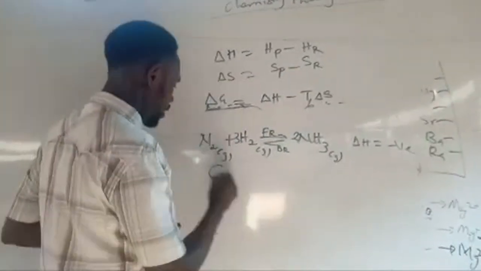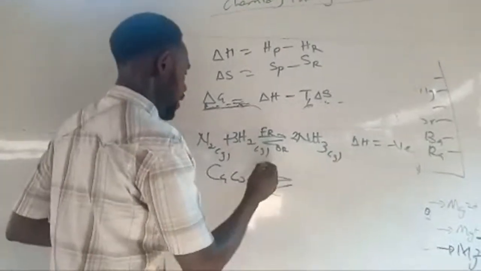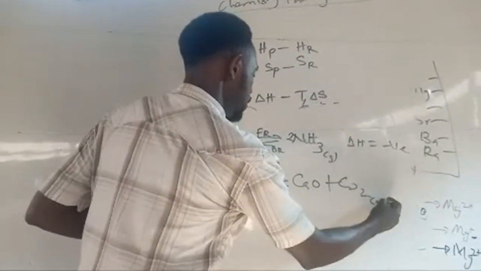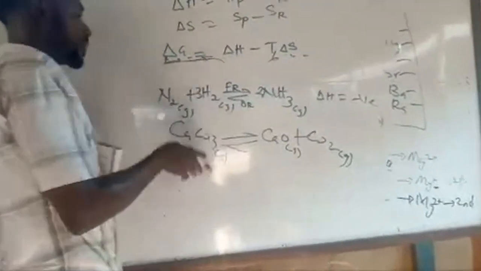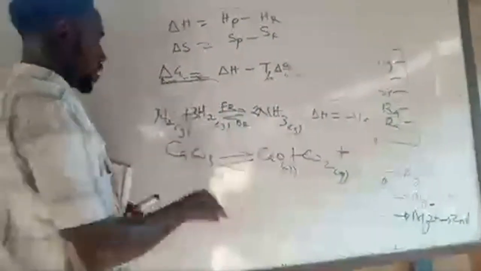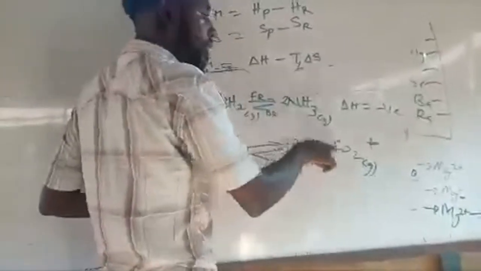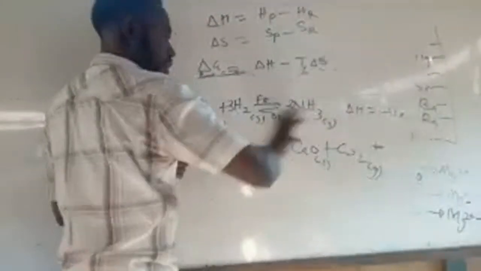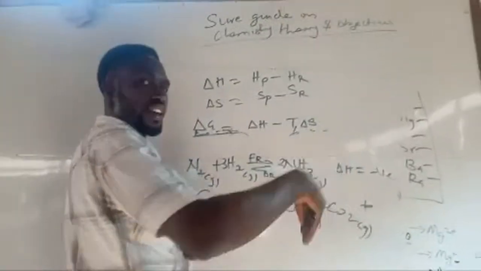Okay, let me check if you understood this. Thermal decomposition of calcium carbonate gives calcium oxide plus CO2. This is a gas, this is solid, and this is also solid. Can you predict if the heat change for the forward reaction is positive or negative? Watch it. If you heat this more, CaCO3 will decompose and CO2 will come out. The more you apply heat, the more you favor this side. And any reaction that is favored by more heat is endothermic.